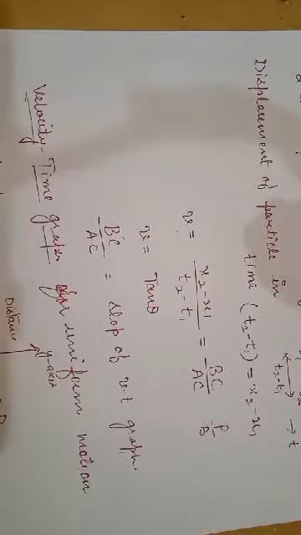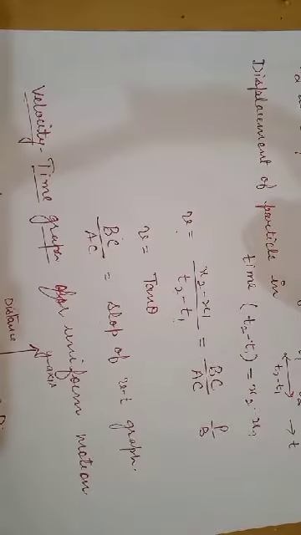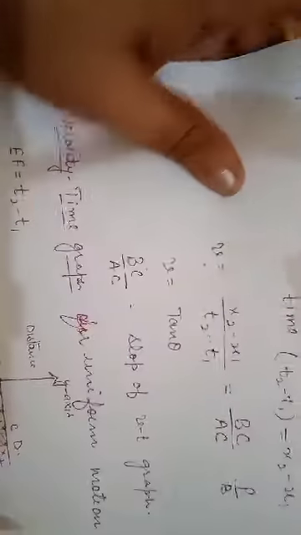So here we will consider that when a body moves with uniform velocity, then the magnitude and direction of the velocity of the body remain the same at all points. At every point the velocity and the direction of the particle will remain the same. So we have drawn here the velocity time graph for the uniform motion.